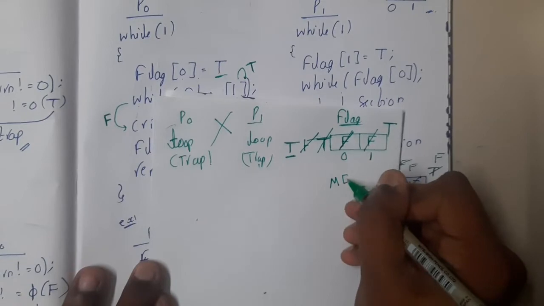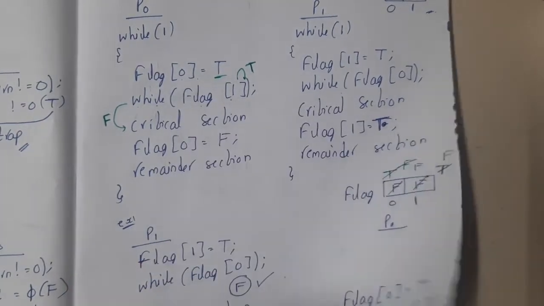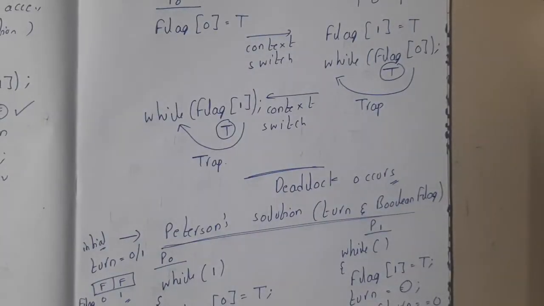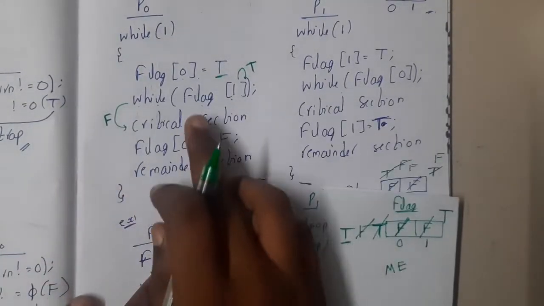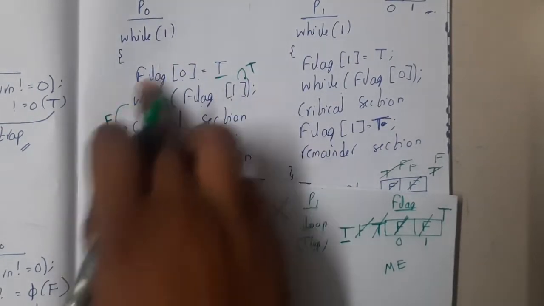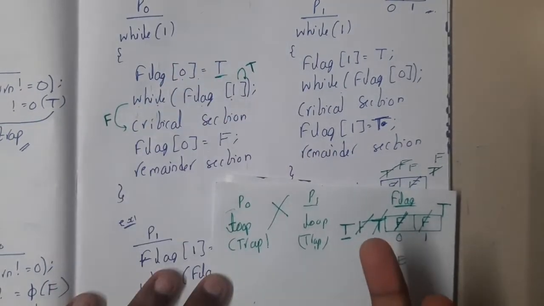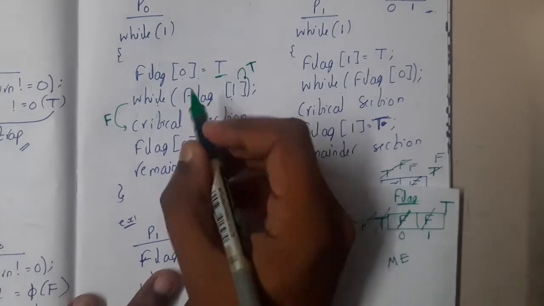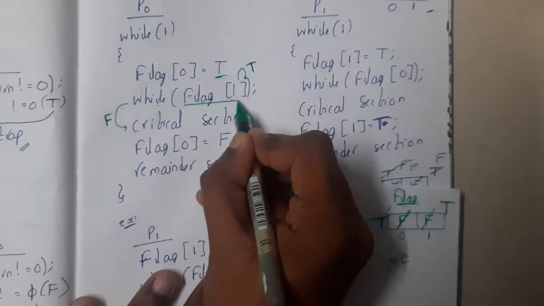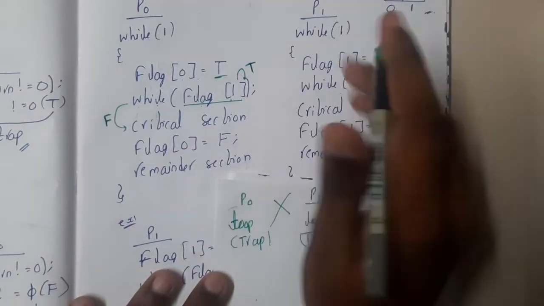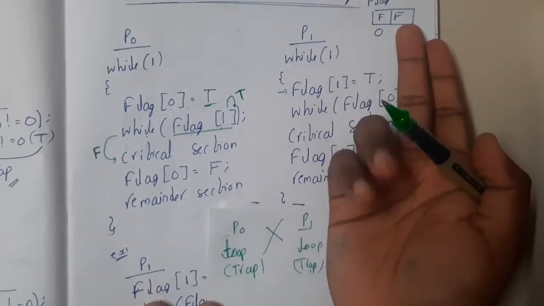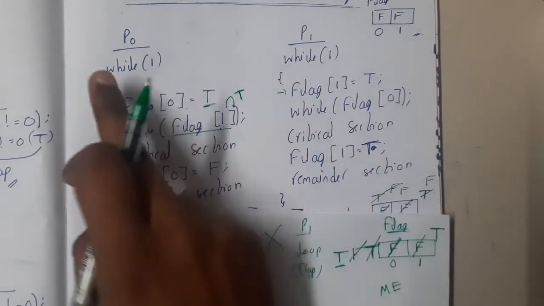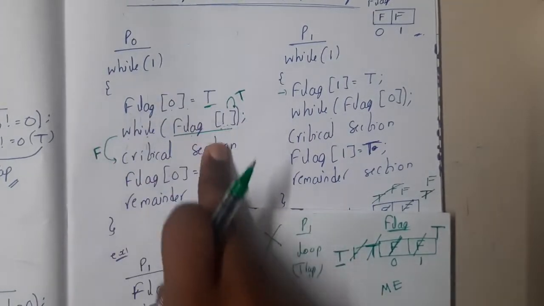Okay, so what about progress? What does progress say, guys? Progress says that everyone should get their own chance whenever they need it, right? So basically, if this p node wants to execute multiple times, is there a chance? There is a chance, guys, because in the while condition we are checking the other's flag. So if this other guy did not even start executing, this will always be false, right? So at that time, this p node can execute hundreds or thousands of times.